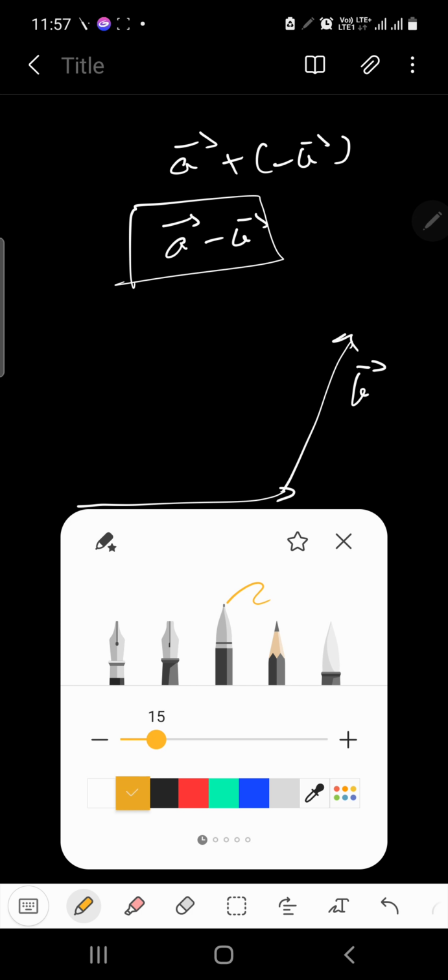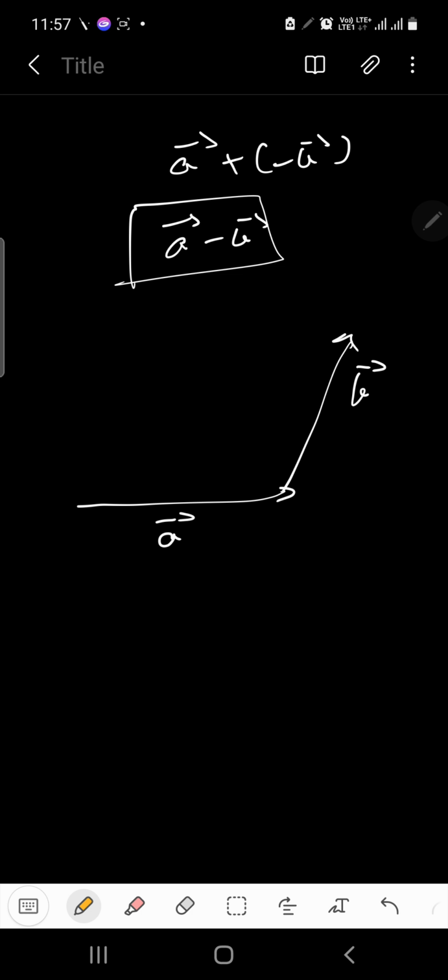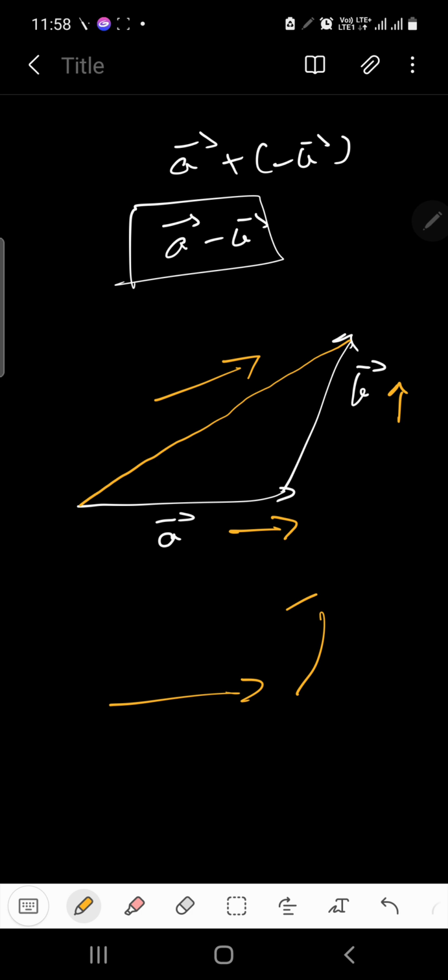So to find a plus b, what we do is complete this triangle by connecting the free ends. And we specify the direction in such a way. This has a direction like this, this has a direction like this, so this will have a direction like this. Clear? When the two are approaching in similar directions, we can approach them in a linear way, from this point to this point along this direction. So this will give you the direct direction between those two free points.